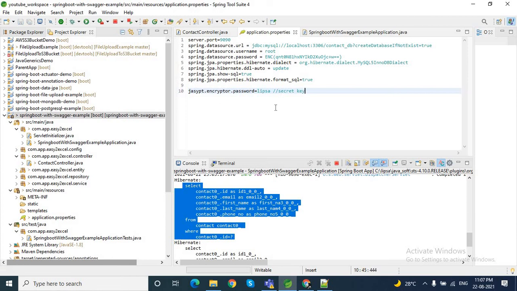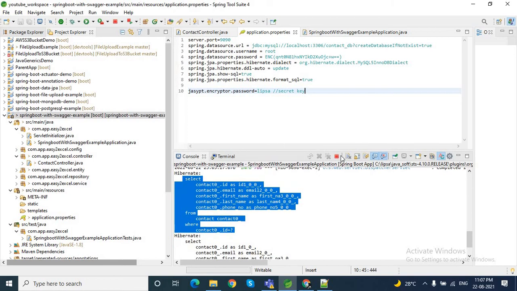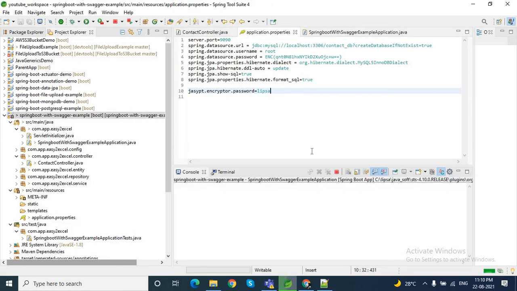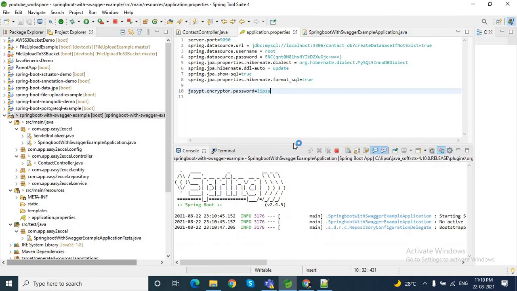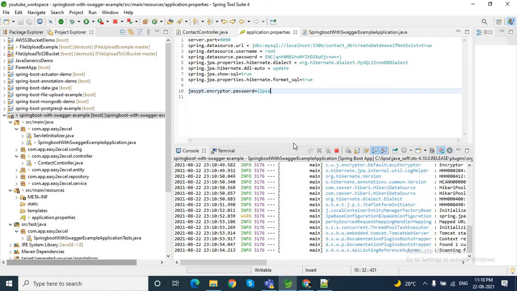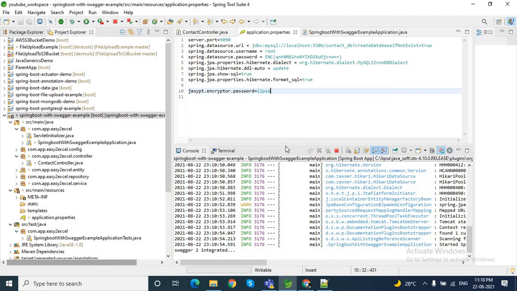By using this property also, if I run this application, it will be able to connect with my database. Let me also try this out, whether it's working or not. Okay, so my application started at 1990.